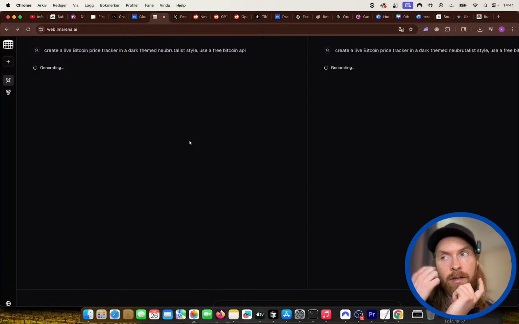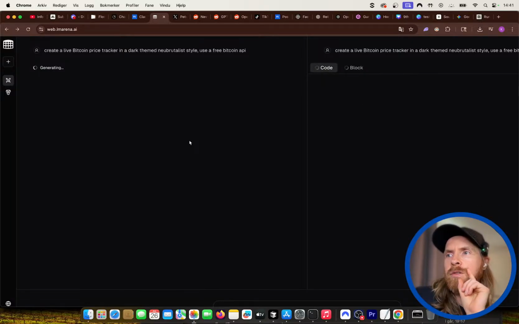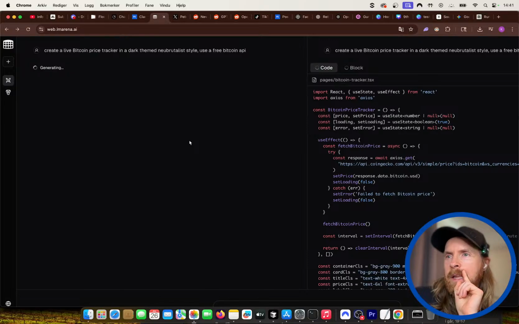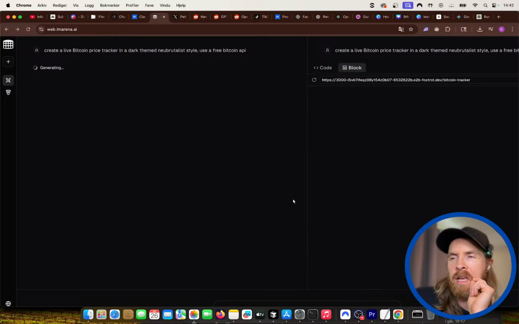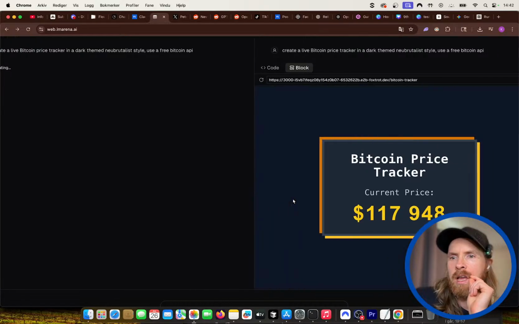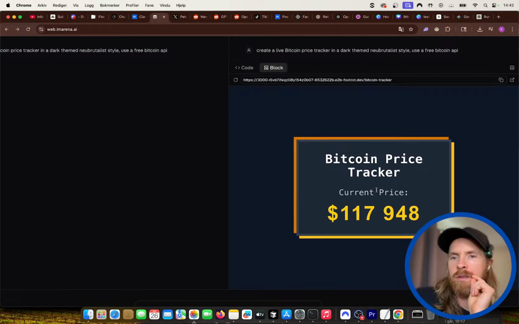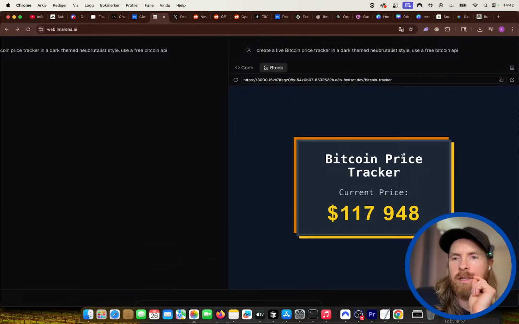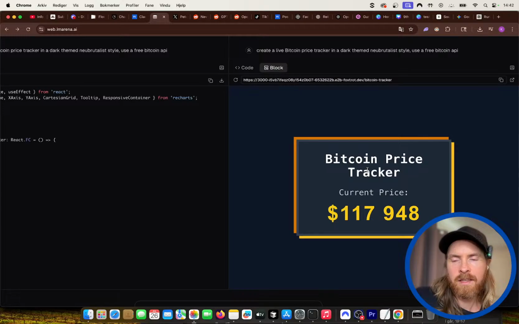I'm not quite sure. Do you think you can try to generate a Streamlit app on Ella Marina? I'm not quite sure if we can do this here, but yeah, I guess we can do the Bitcoin price tracker. This has to be some kind of flash model. This was very fast.